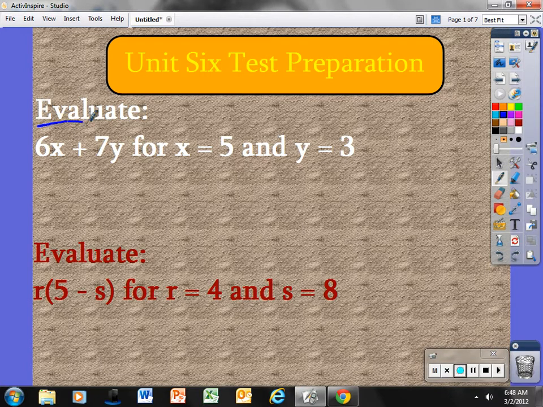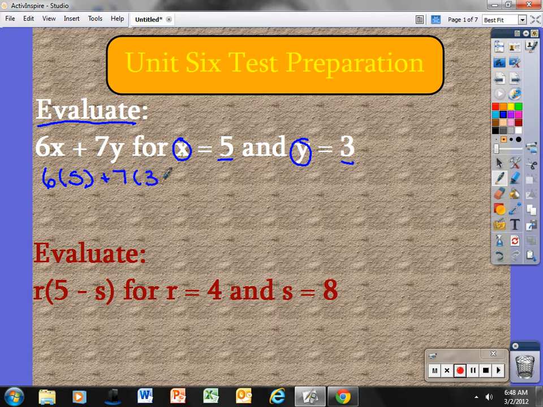Evaluate 6x plus 7y, and then I want to substitute in wherever I see an x, I'm going to substitute in 5. Wherever I see the y, I'm going to substitute in the 3. So no longer is it 6x, it's now 6 times 5, plus no longer is it 7y, I'm going to substitute in the 3 for the y, it is now 7